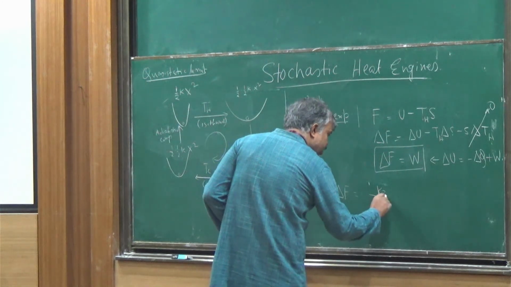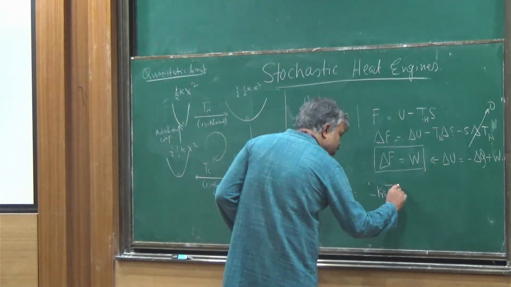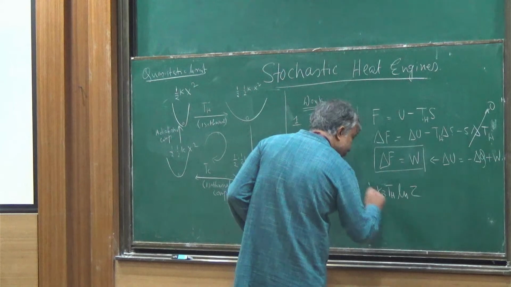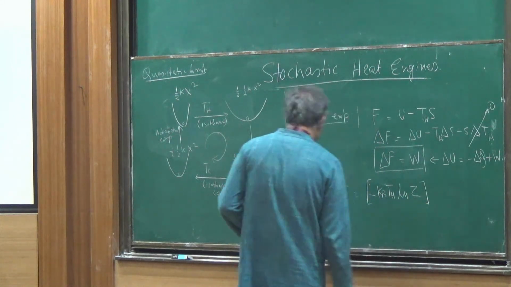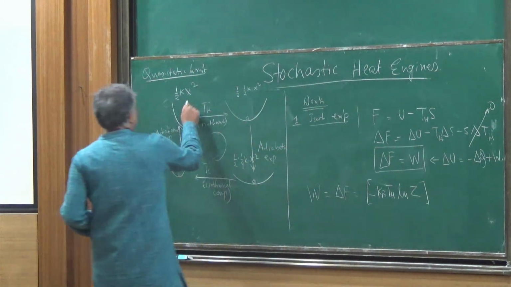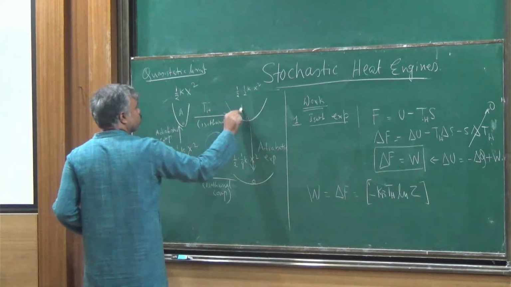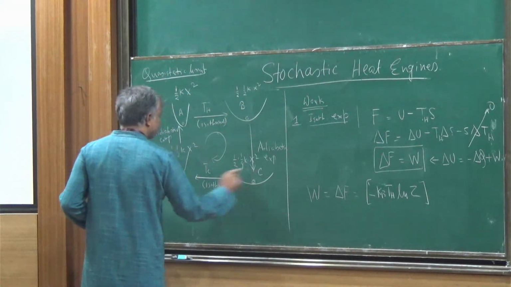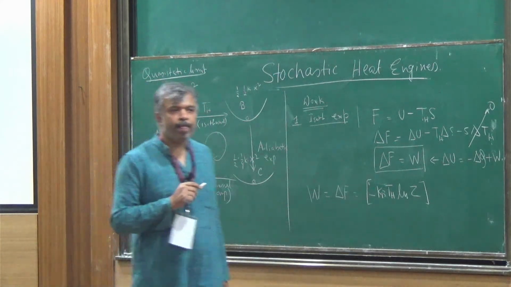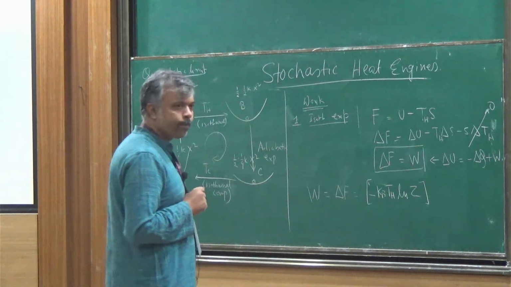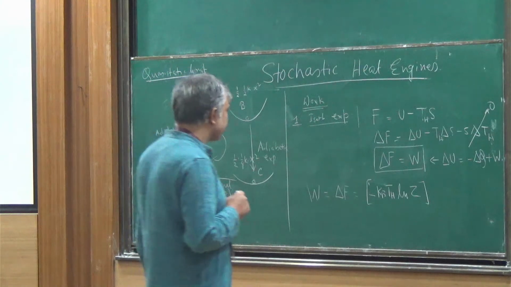Which means minus kB TH ln Z. So this is, say, my A, just to fix notation. Sorry, Anna. Minus kB T ln Z is the free energy. So you are computing the change in the energy. So